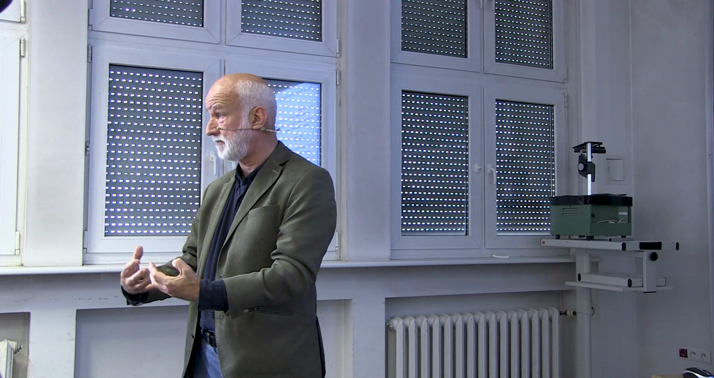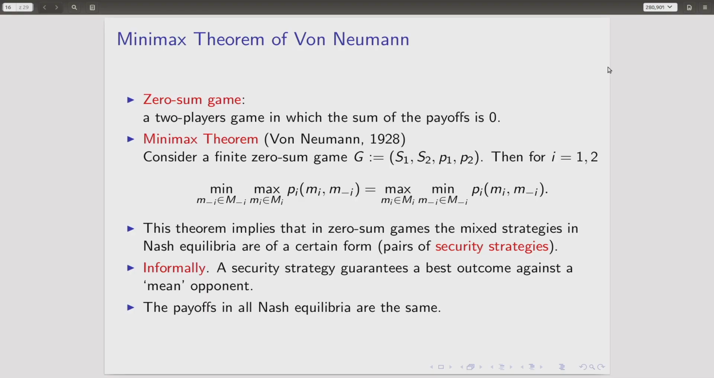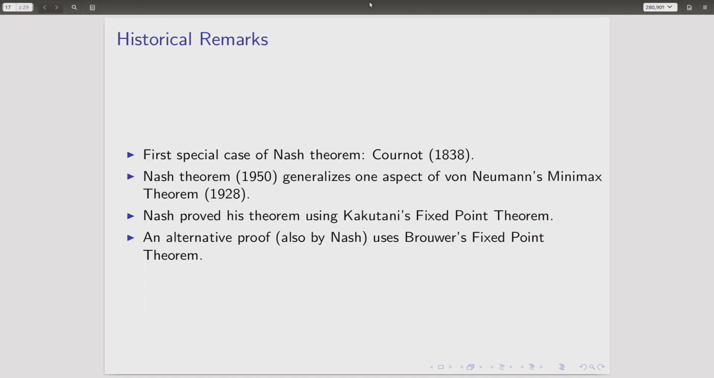This is an explanation of this result in today's language. So, moreover, the payoffs are the same. Okay, so here is a very short summary of